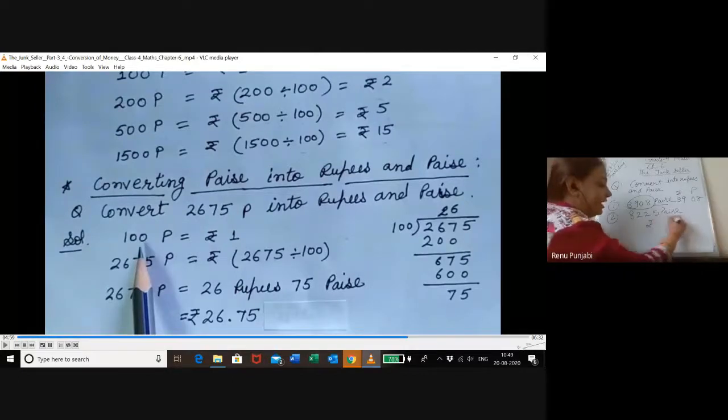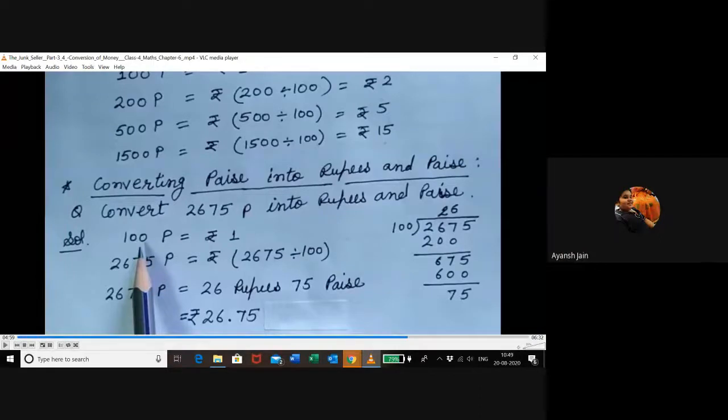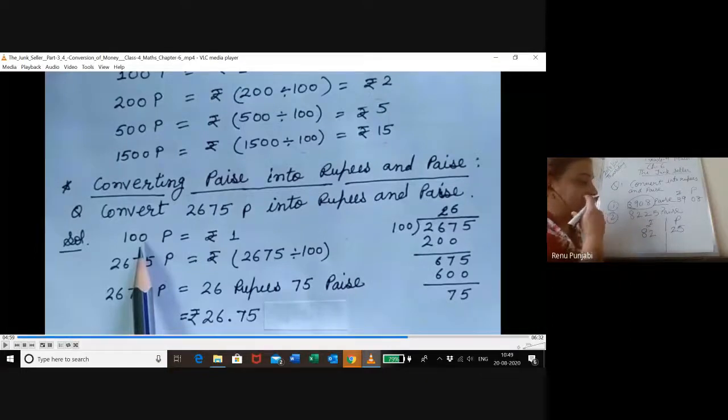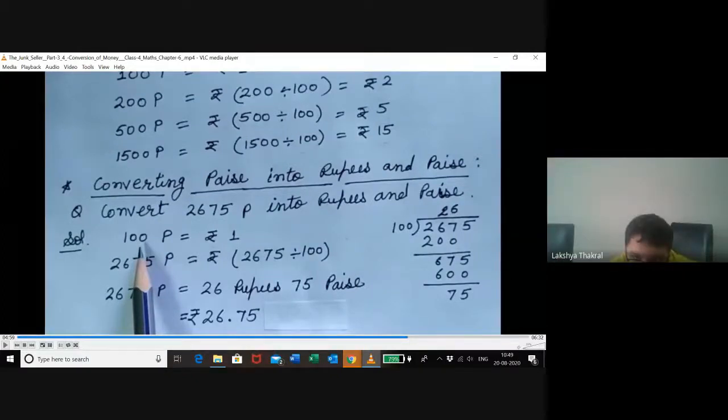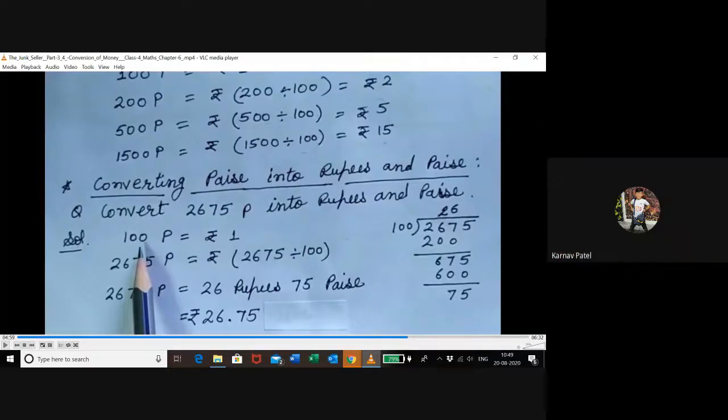And now tell me this also directly. How many will go in the rupees and how many will go in the paisas? 82 rupees and 25 paisa. Yes. Understood, everyone? Yes, you have to write these two sums also. Please write it fast. Ma'am, direct or with sum?